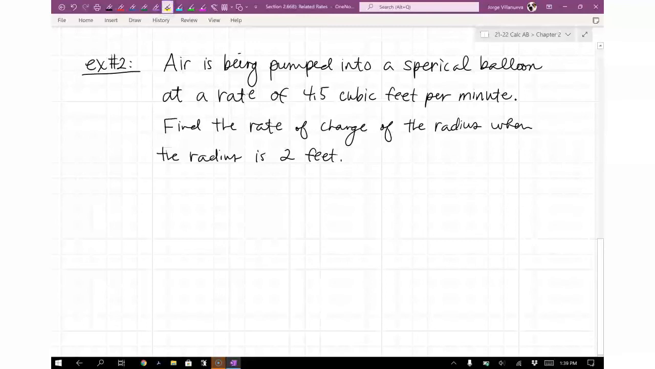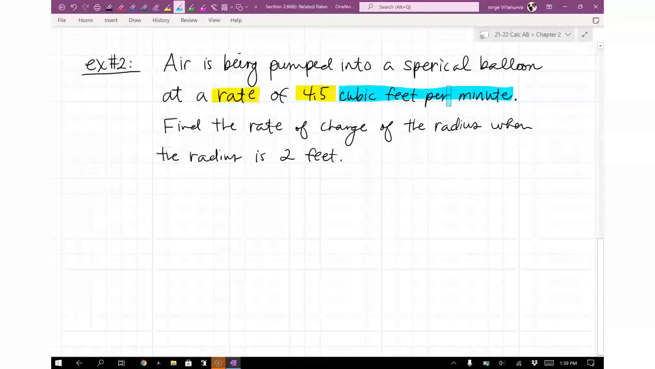All right, so let's get started with this. So air is being pumped into a spherical balloon at a rate, so here's a keyword, rate of 4.5 cubic feet per minute. So notice I'm going to kind of use two different colors here for this one, just because this is actually very important. They don't really tell you what 4.5 belongs to in a very specific way, but if you look at its